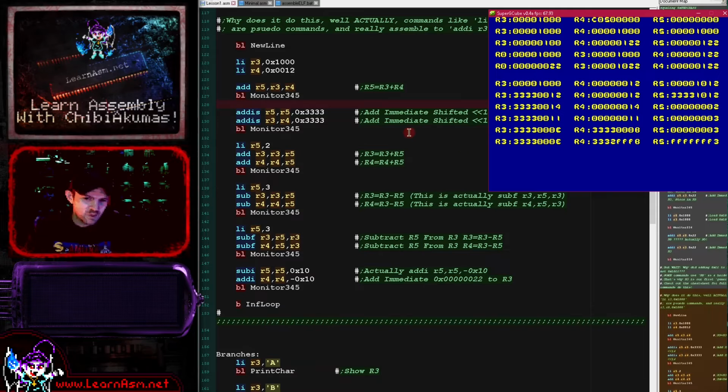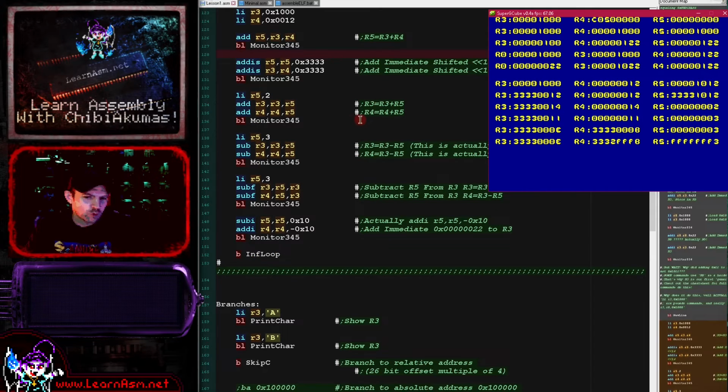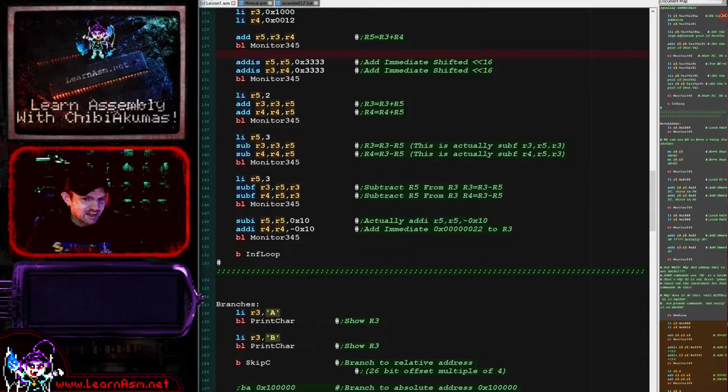So we can use the same register as both the source and the destination in these operations. Now, what we're going to do next is look at some subtraction. And subtraction gets a little bit weird on the PowerPC, and that's because of the way the actual processor